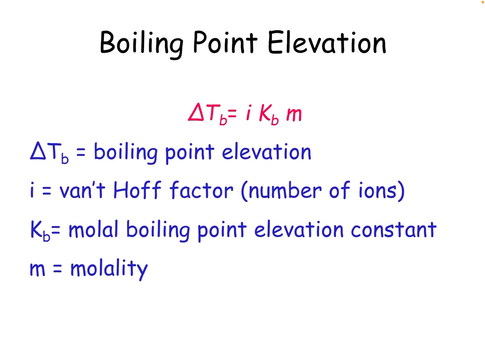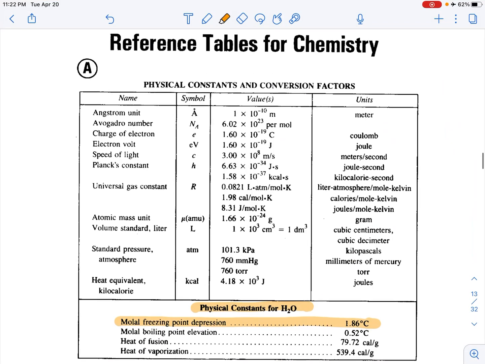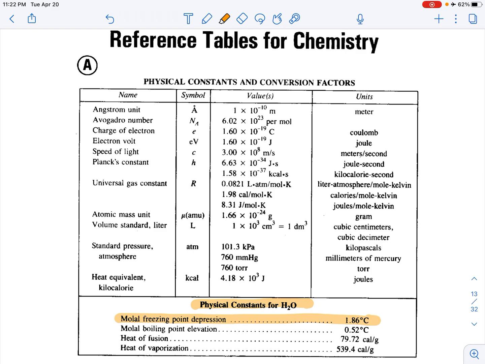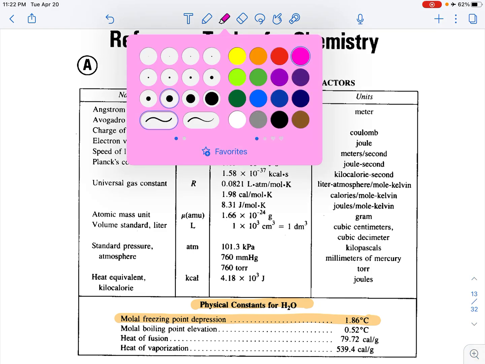Here's our formula. Oh, look, it's very similar, except now we're talking about boiling point. So instead of sub F, it's sub B. Again, not on the reference table, so you'll have to refer back to this. Those three things are multiplied, but it's pretty much the same. So i is our van 't Hoff factor. Kb is the molal boiling point elevation constant, which, as you may have guessed, for water is provided here on